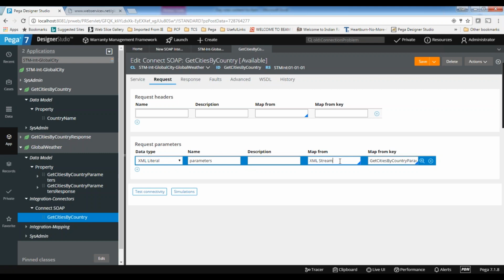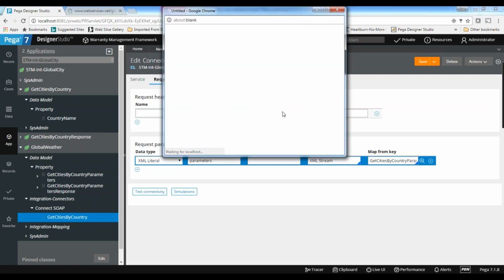So as I said, we need to convert the clipboard. We are setting the values to the clipboard. In Pega, we don't set values to XML directly. We set the values to the clipboard, but we need to convert that clipboard into XML. So we are using the XML stream rule. So this is the XML stream rule, and if you open this,